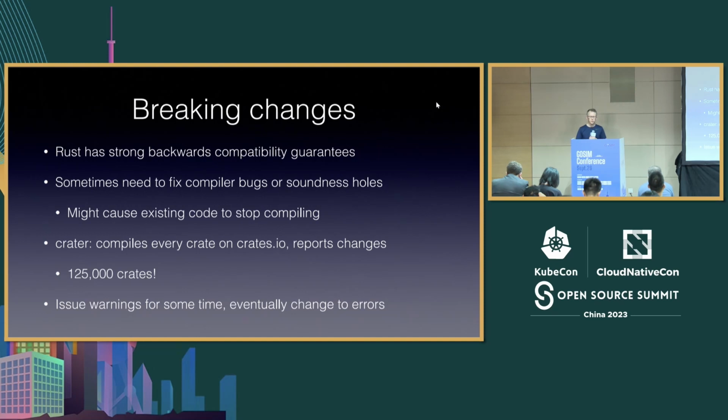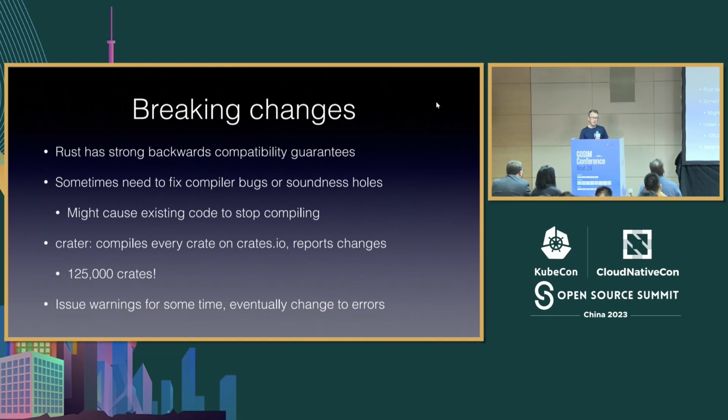Another interesting topic is breaking changes. So in Josh's talk, he talked about Rust's strong backwards compatibility guarantees. Now these are not utterly 100%. There are some cases where we might need to fix a compiler bug or fix a language soundness issue in a way that could cause existing code that compiles currently to get broken and stop compiling. This obviously would be an inconvenience, and we have a really useful tool to evaluate whether a change is